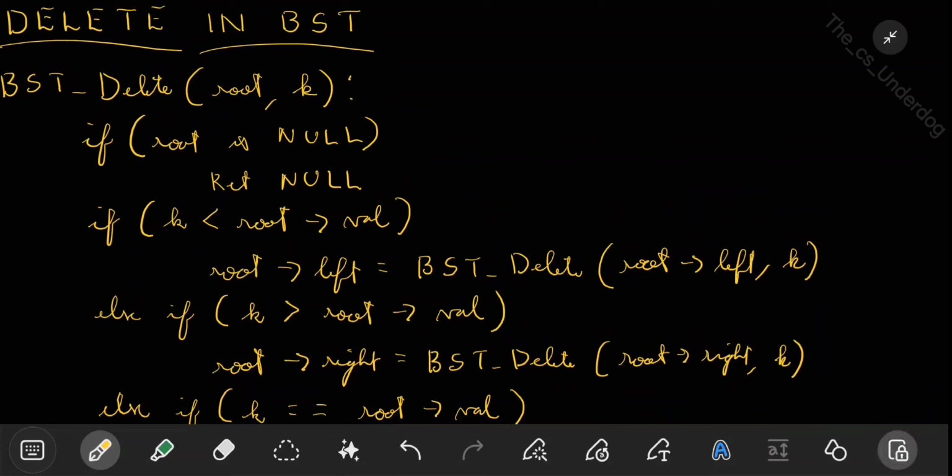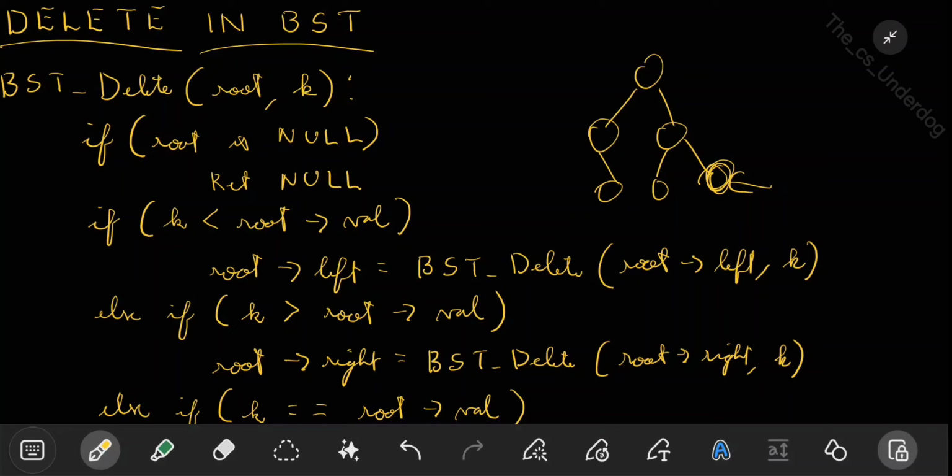So what are the time and space complexities? First thing you have to understand, in the delete process, what are we doing here? We are trying to find out the node by going as low as possible in this tree. That is in the worst case. Worst case, you may find the node to be deleted at the lowest point. If you find it at the root, well and good. But in the worst case, you may find the node to be deleted at the lowest point. So one part is searching till the node. So this may take, in the worst case, order of n, because in the worst case, the node to be searched may